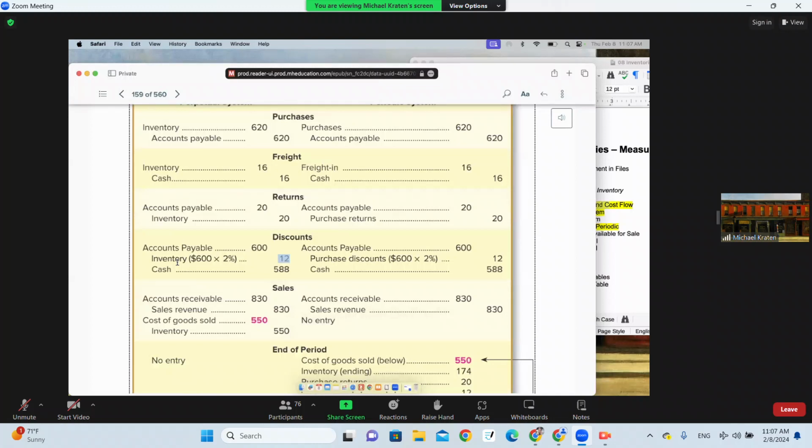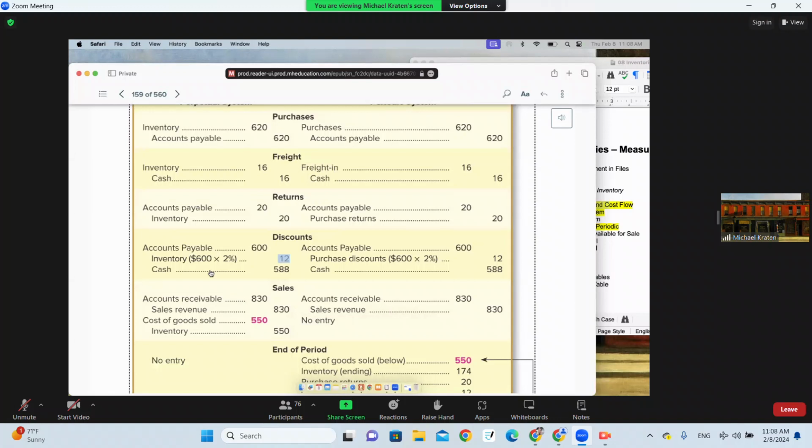Then, second journal entry, I'm paying off the 588. I would then reduce or debit payable by 588 and reduce cash by 588. Let me say that again. I would write this as two separate journal entries, although I acknowledge if you combine the two, you get this